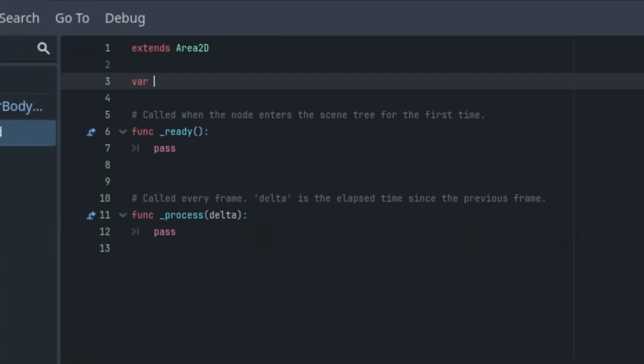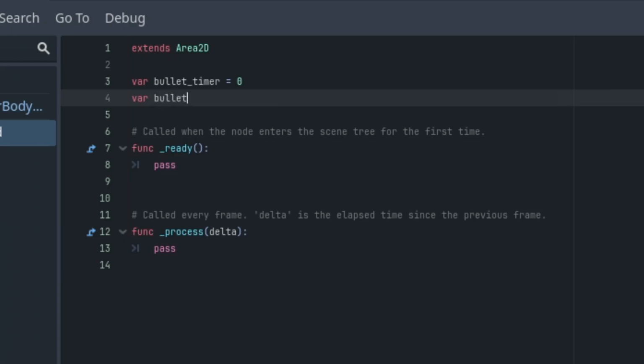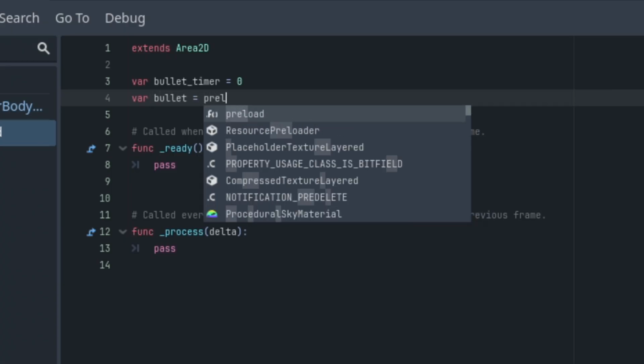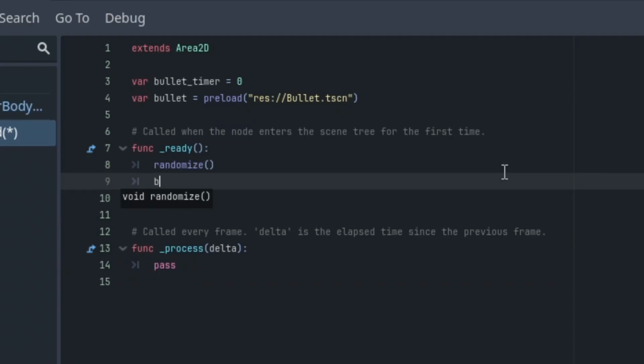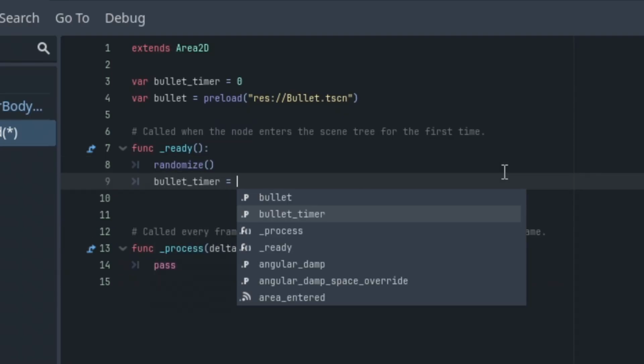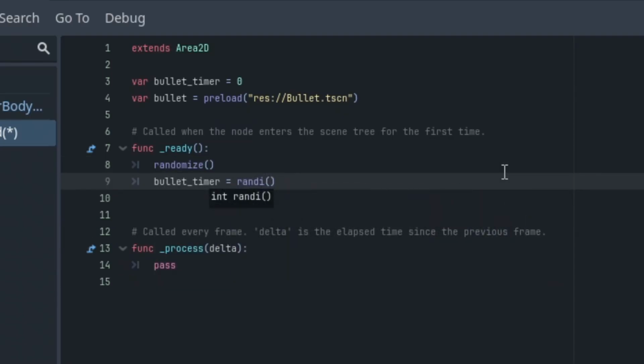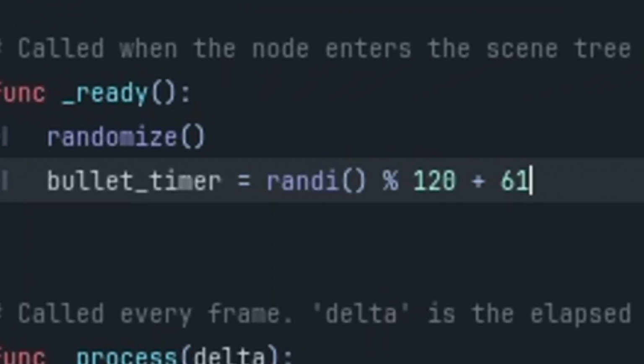Now in the script, we add var bullet timer, and under that, we type in var bullet, and we just make this a preload and add in bullet scene. In the ready function, type randomize, then we're going to type in bullet timer equals randi, and we put in the percentage sign right here. Then we type in 120 plus 61. This code randomizes the number for the timer the second the game starts, and the reason being is in